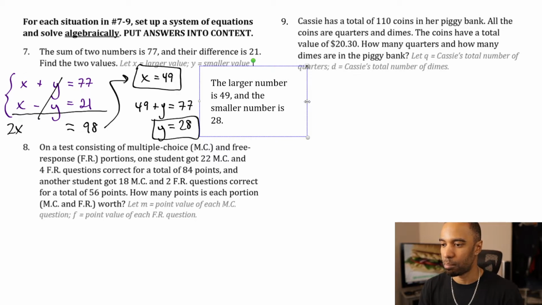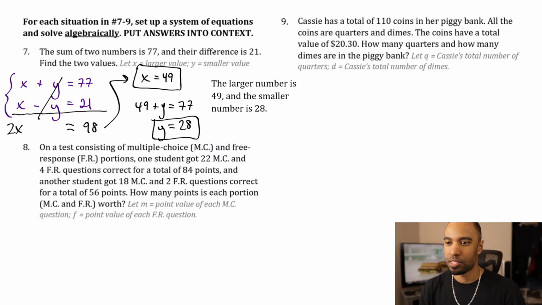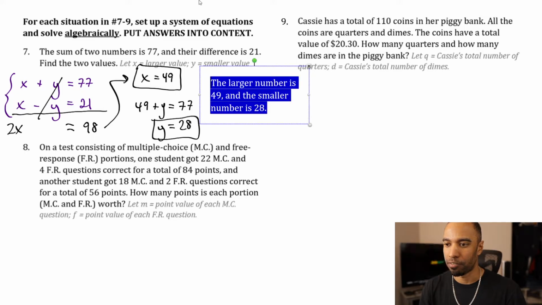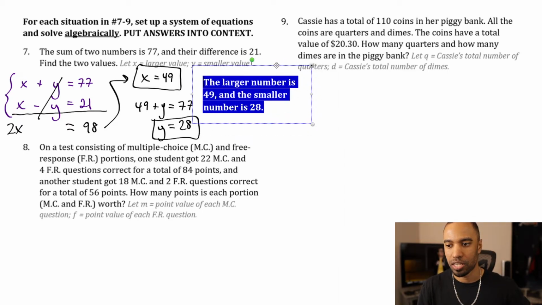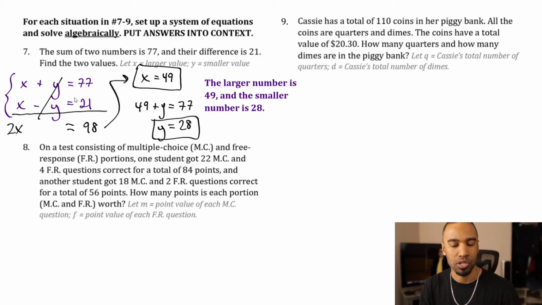Make sure that you did set it up properly. And if you didn't set it up properly, or if you didn't use elimination properly, you might have accidentally, unfortunately, gotten a negative number as one of your answers. And that's not to say you can't, but you got to make sure that the sum and difference all do align that way. And they might not, because then that means you got a different answer than me,